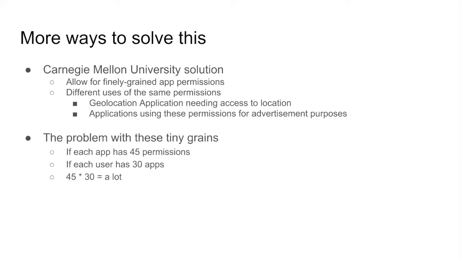Carnegie Mellon University is researching a potential solution to this problem by developing an app that details exactly which apps are using which permissions and gives users the ability to revoke permissions. They even differentiate between permissions that are necessary for the application's core functionality and permissions that may be just for advertisers to use. The only issue with this is that it can be overwhelming for users to see such an extensive list of permissions, and we get back to the issue of users not reading exactly what the permissions do, which is kind of how this whole thing started anyways.